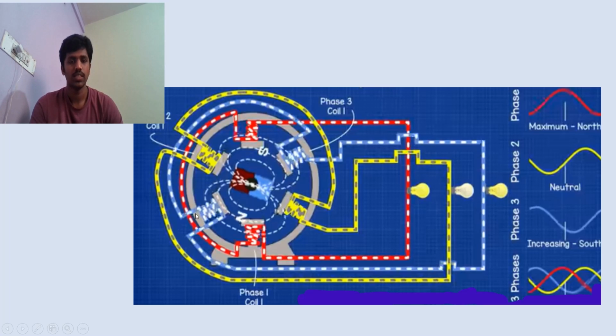So this is called three phase, and you can still observe there are gaps between the three phases, but you could add a few more phases like that. However, it will increase the cost of production. Hence three phase is the best suited one, as it balances the cost of production and also the power supply. And one best practical application of three phase is the induction motor, and commercial and some industrial appliances.